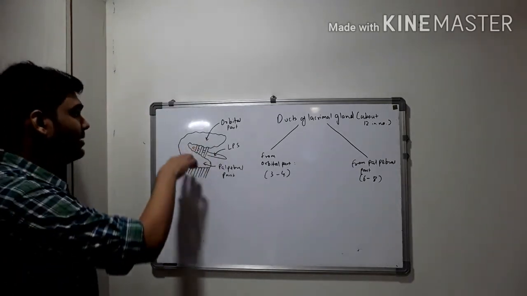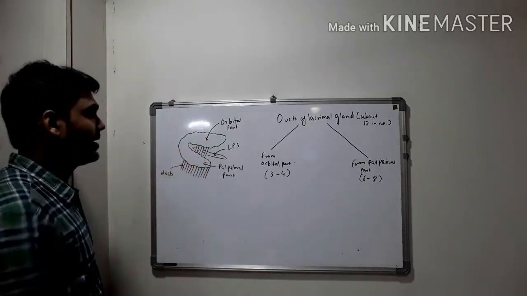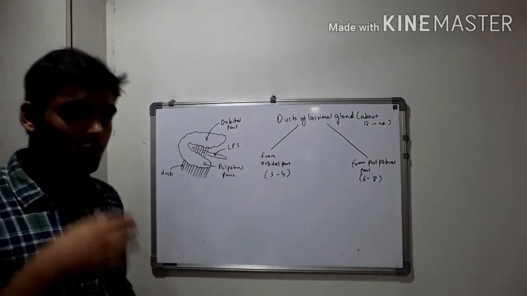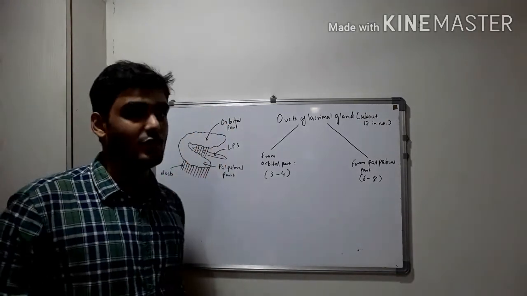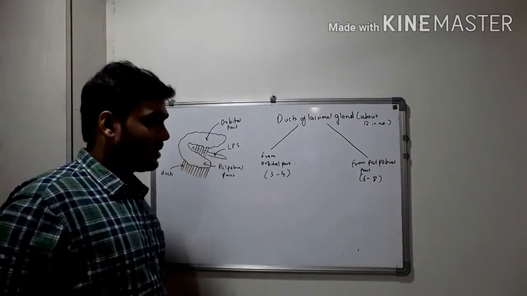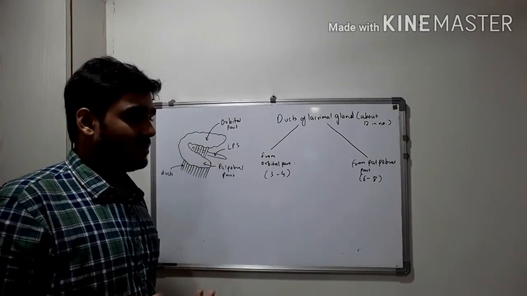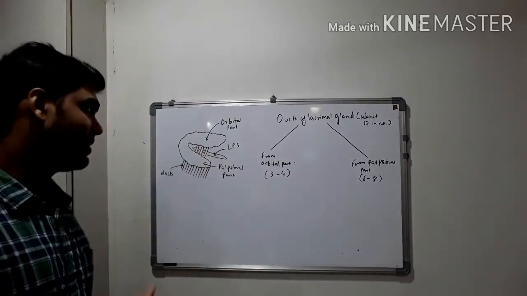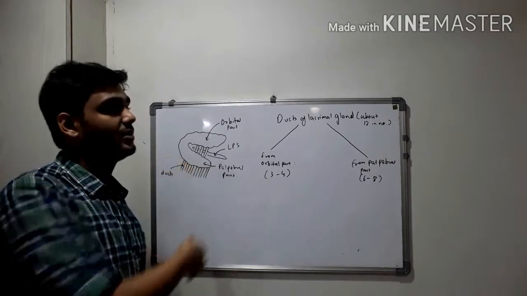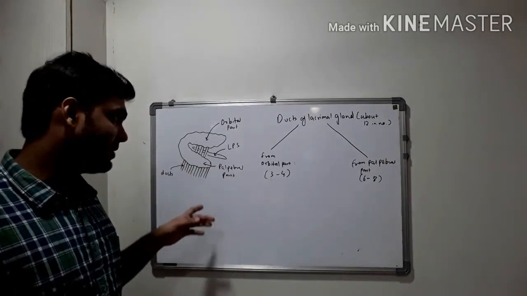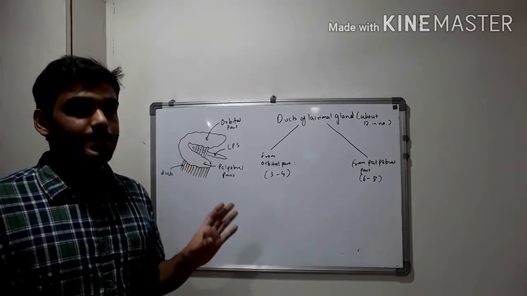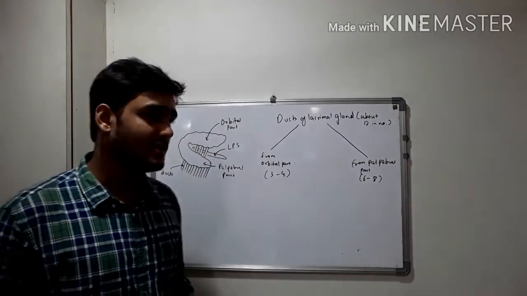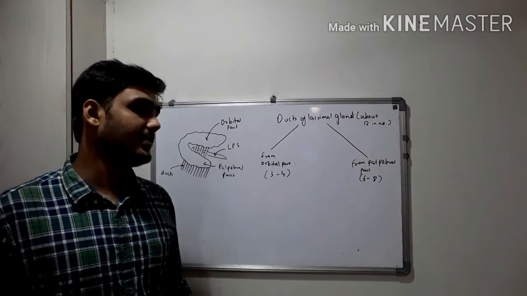So you can see in this diagram, the majority of ducts are emerging from the palpebral part. Also, the ducts emerging from the orbital part have to pass through the palpebral part. So if you remove the palpebral part, it is functionally equivalent to the removal of the entire lacrimal gland, as all the ducts pass through the palpebral part only and need to pass from there to emerge at the conjunctiva.